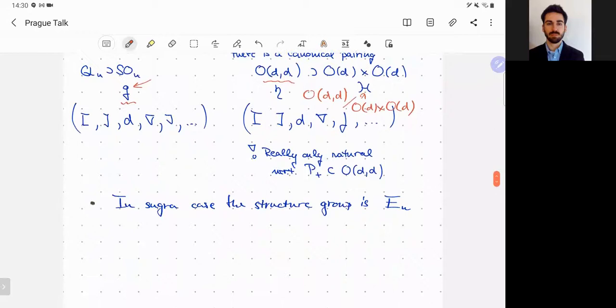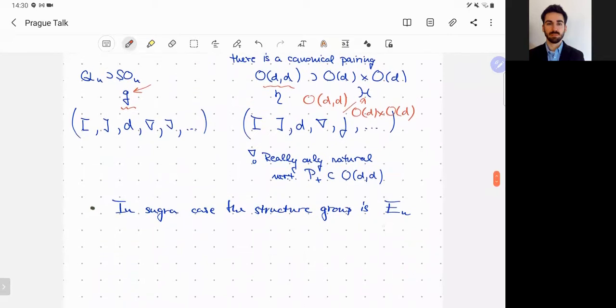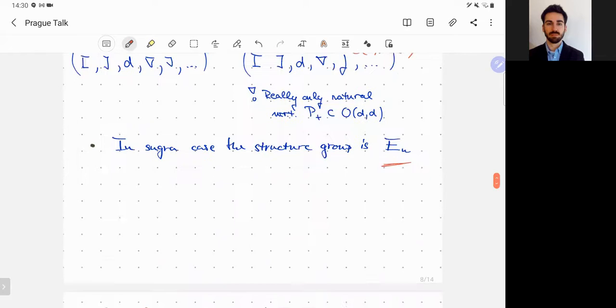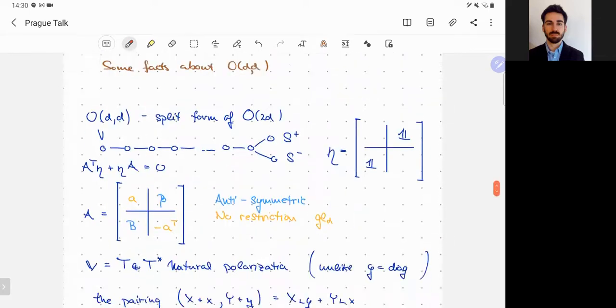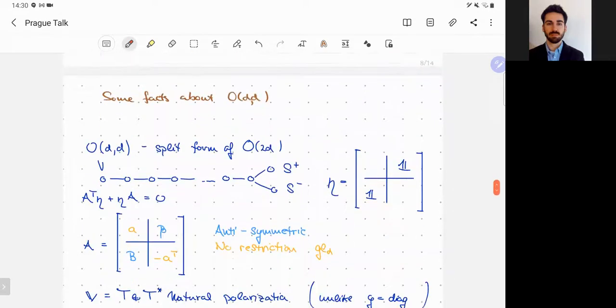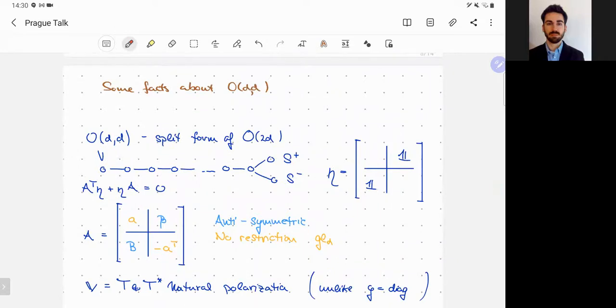So with this set, the exceptional geometry will be the same thing, where the structure group will be this E_n, this arcane exceptional group E_n. Right. So, yeah, there was probably no question about that, right? That was very